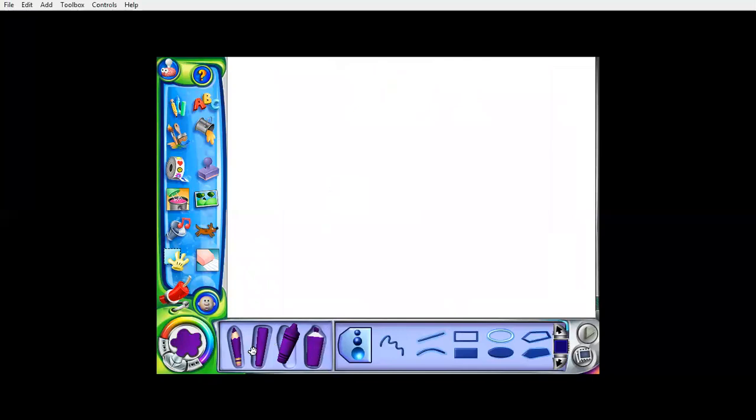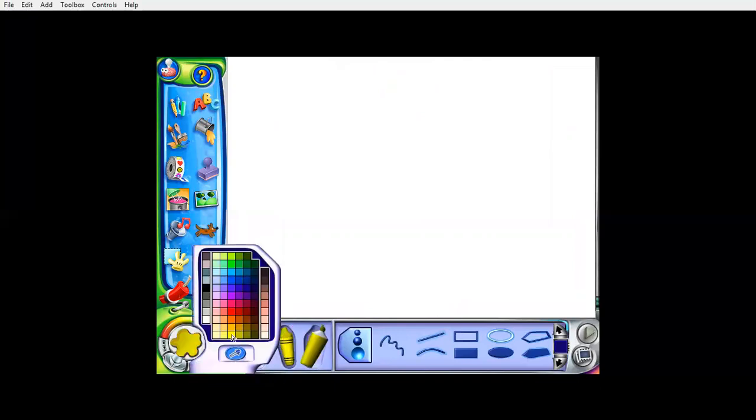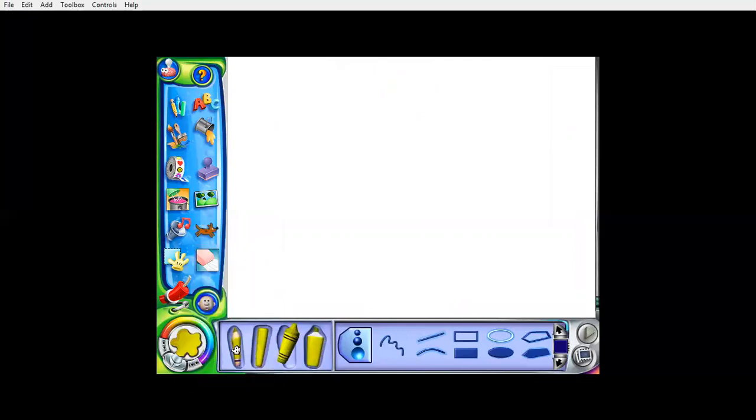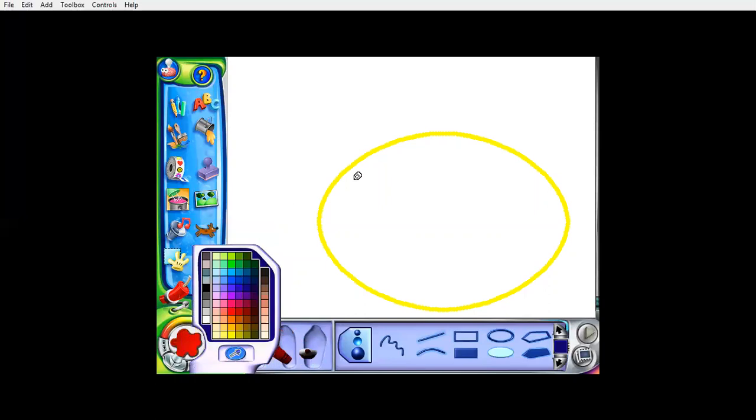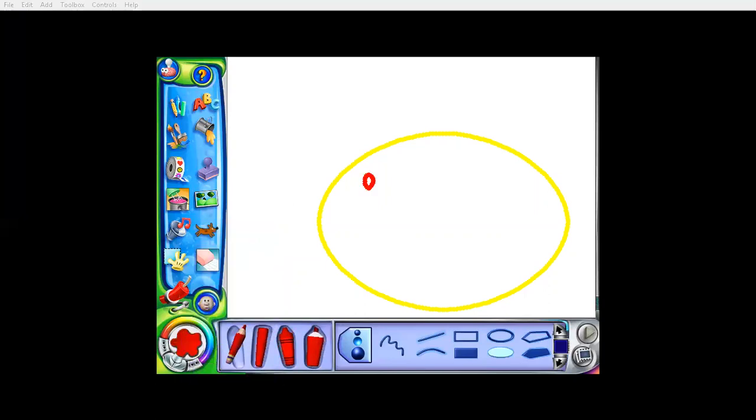Let us make it once again. For the smiley, I want a yellow color. So I'm choosing a yellow color. I'm drawing a smiley now with the help of a pencil. I have chosen a big shape, not the smaller, not the biggest. And I'm drawing a big smiley over here. Okay, now it's time to take another, but I'm taking the fill color. Let us draw the eyes with the red color. Let us choose a red color. And can you see, I have drawn the eyes.